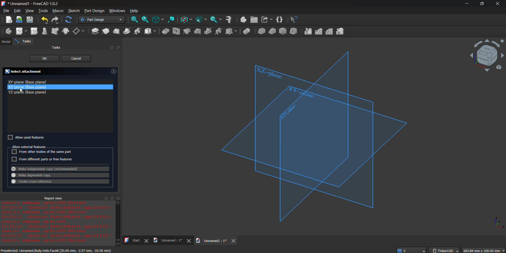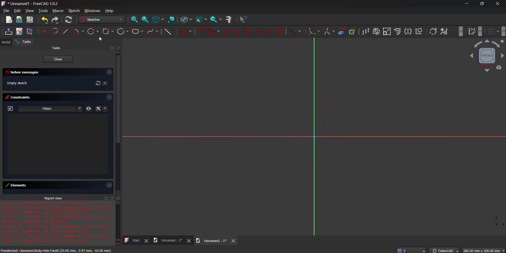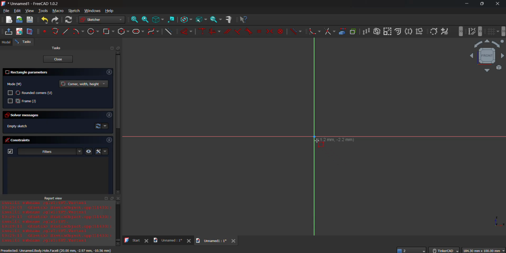Click that one and then choose a plane where you will start. I prefer starting at XZ or front plane. So you can double click this or click just once and click OK. Since we are going to create the base of the Lego, it is a square. If you are going to create a rectangular one, then of course it must be a rectangle. So for the square, let's set the size to 20 by 20 millimeters.